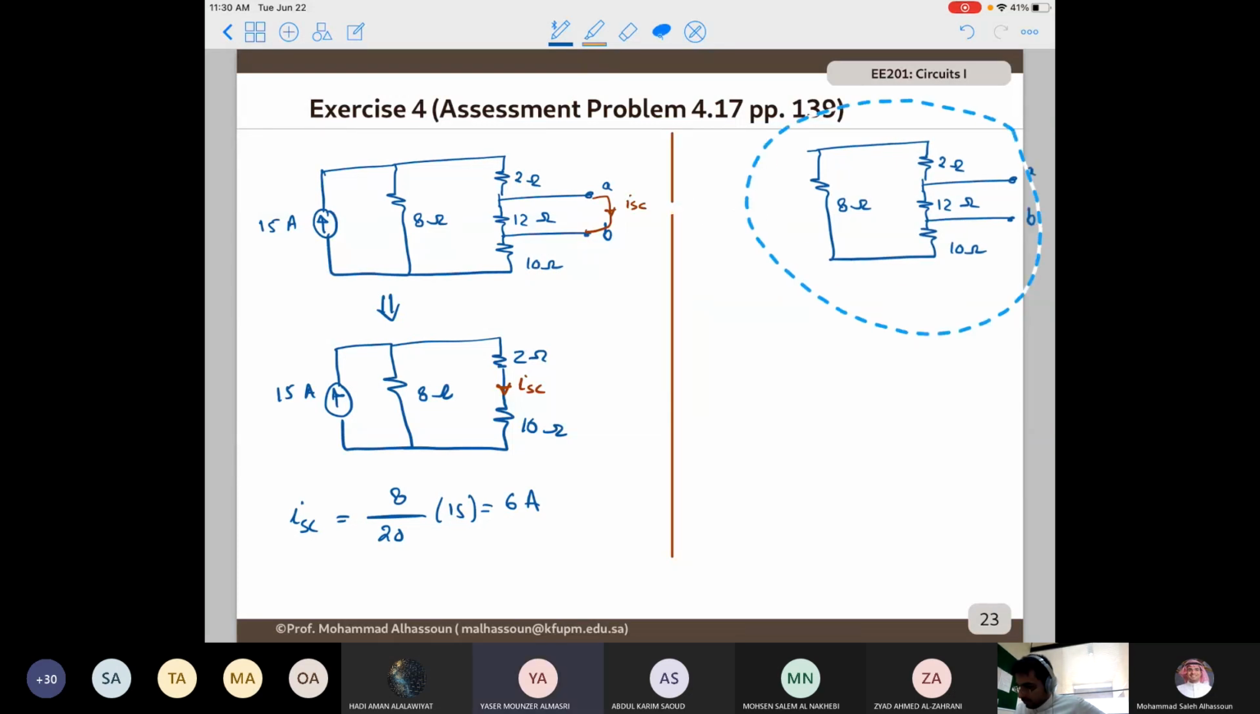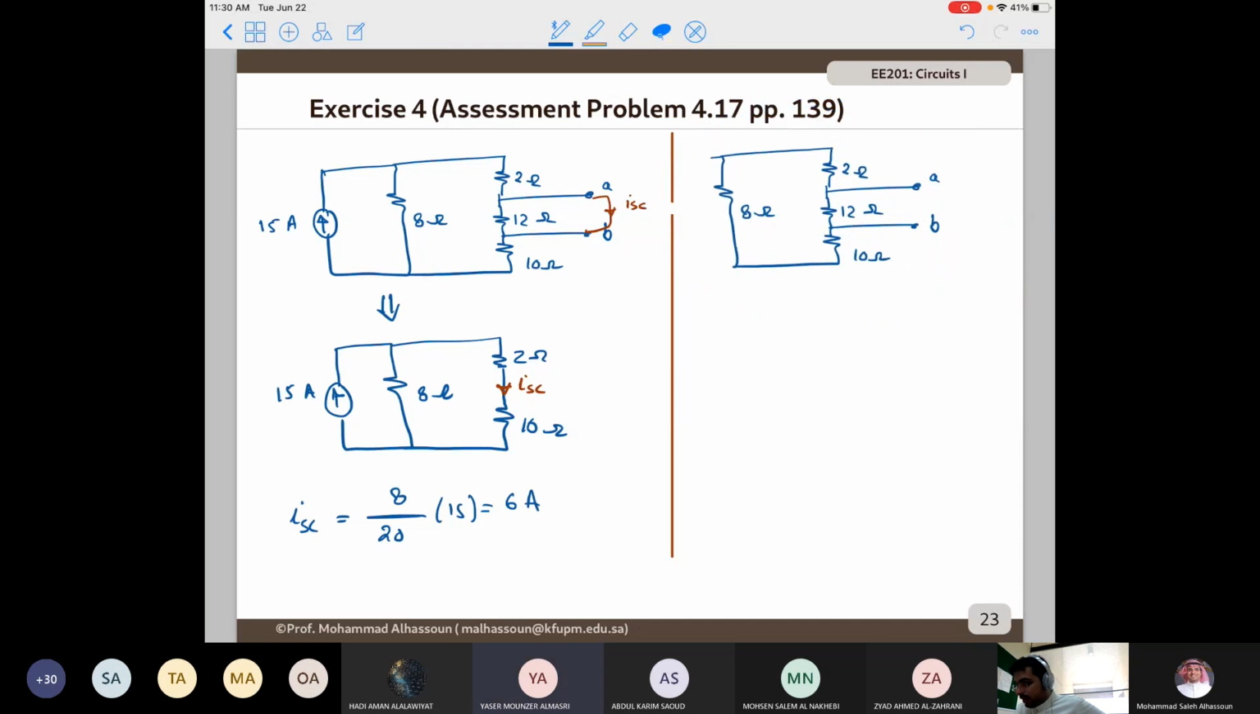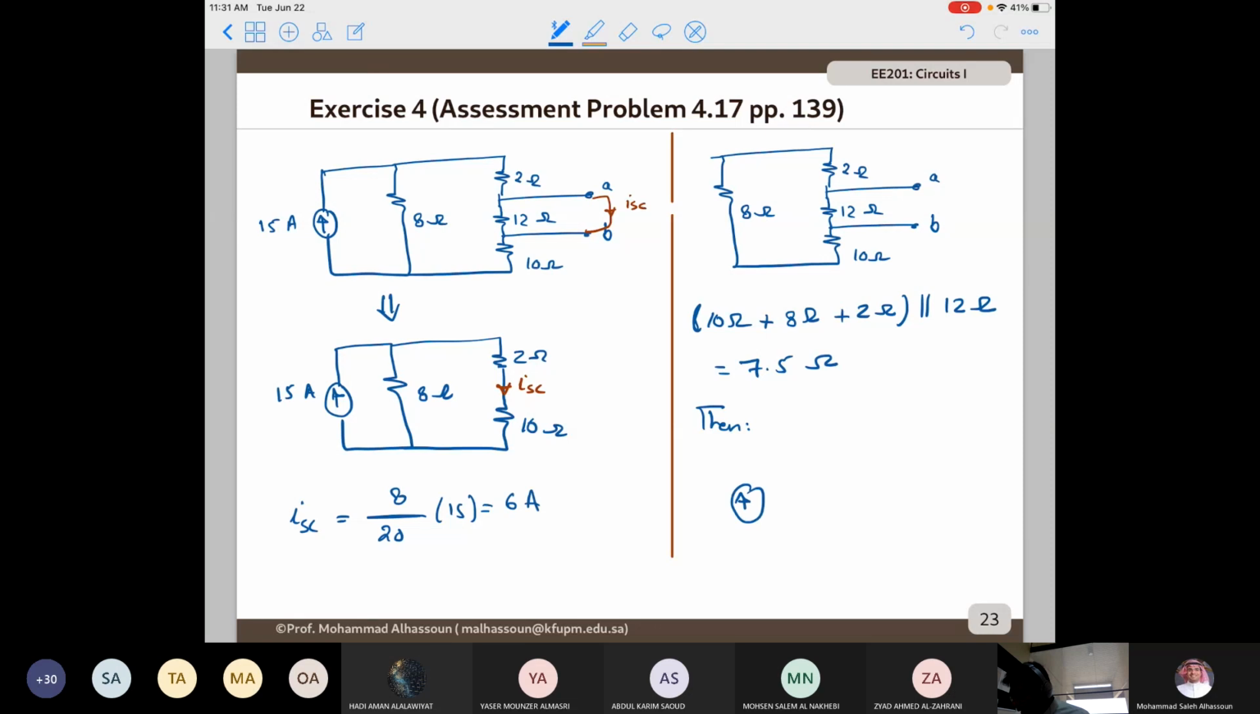And then we find the R Norton. We find the Thevenin resistance between A and B. So what will be the Thevenin resistance between A and B? We have 2 in series with 8 and in series with 10, so we have 10 plus 8 plus 2, and they are in parallel with the 12. This is going to give me 7.5 ohm. So then the Norton equivalent circuit is going to be 6 amperes